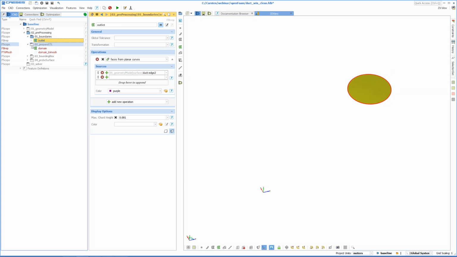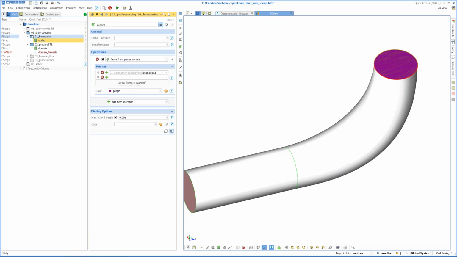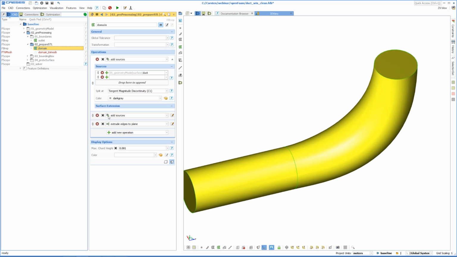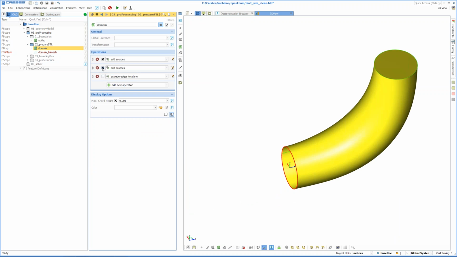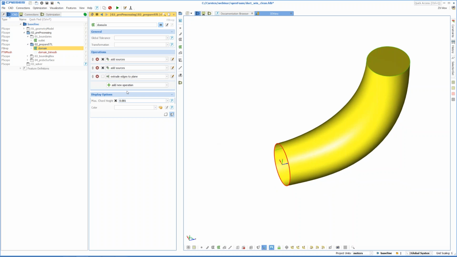So the next step in the process would be to create the whole domain. Therefore I create this BWrap here called domain. I have several options here, so operations here. First thing is to add the source of the duct here and give it a specific color. Then I add the outlet boundary, and now I want to extrude the inlet